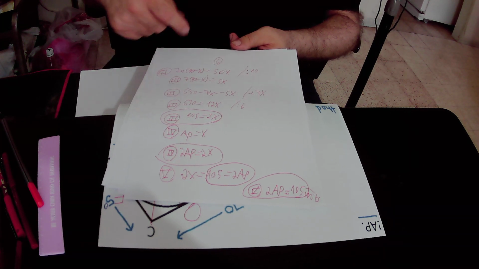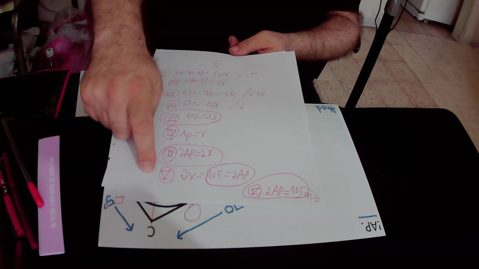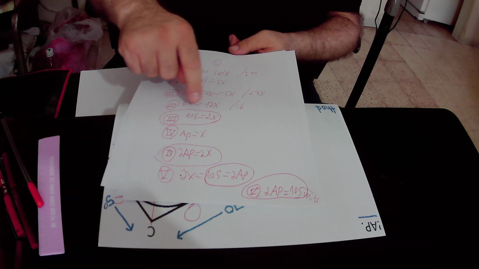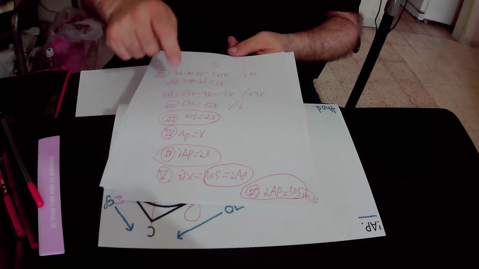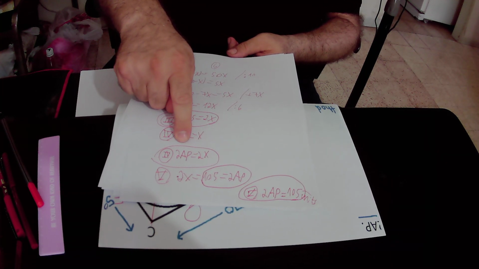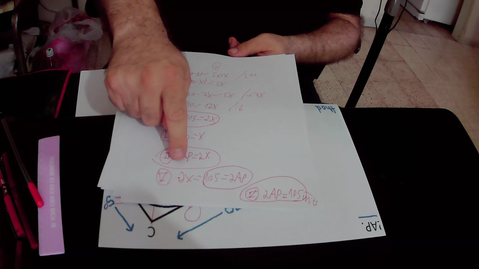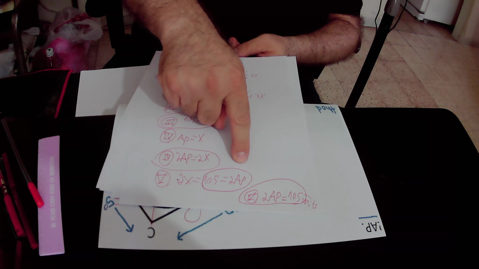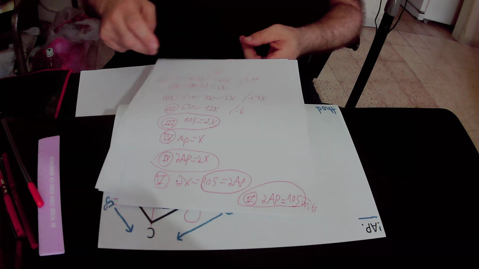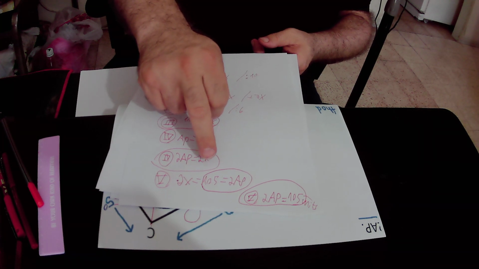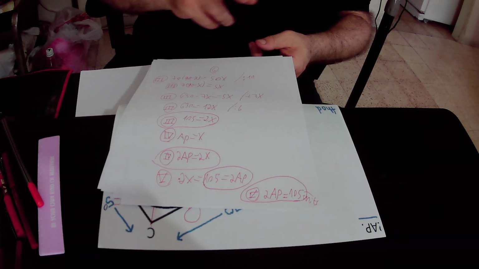So we can create the fifth equation, because from the third equation we know that 2 times x equals 105, and from the fourth equation we know that 2 times x equals 2 times AP. So we can add here that 2 times x equals also 2 times AP. So at the end we got the equality that 2 times AP equals 105, and this is the final